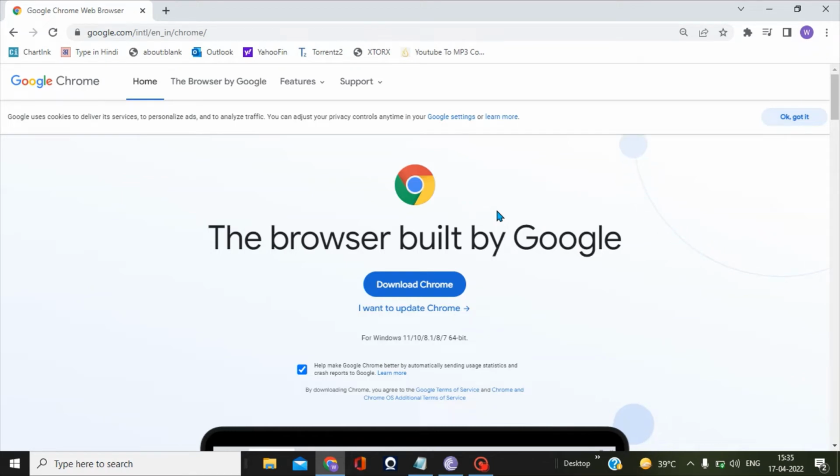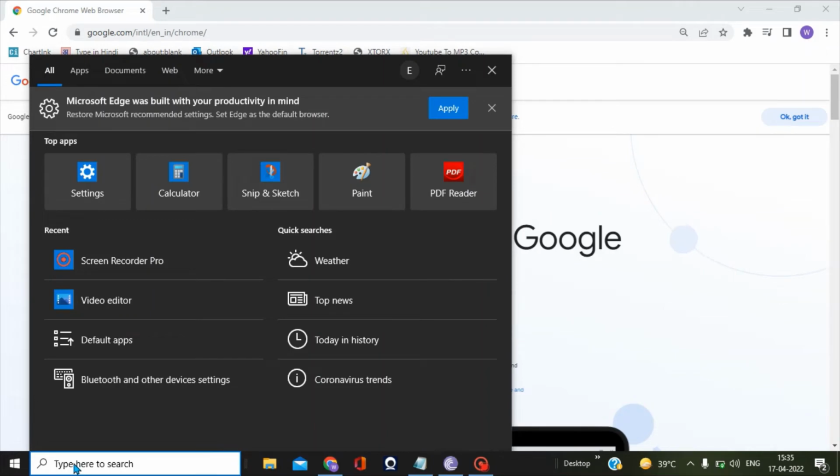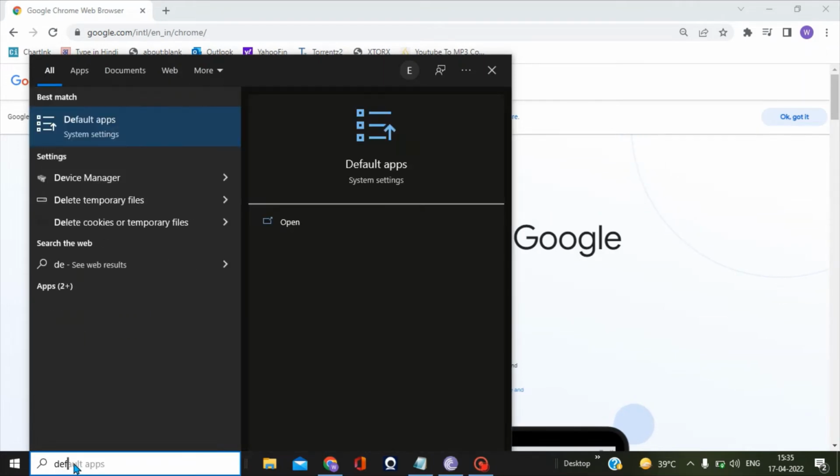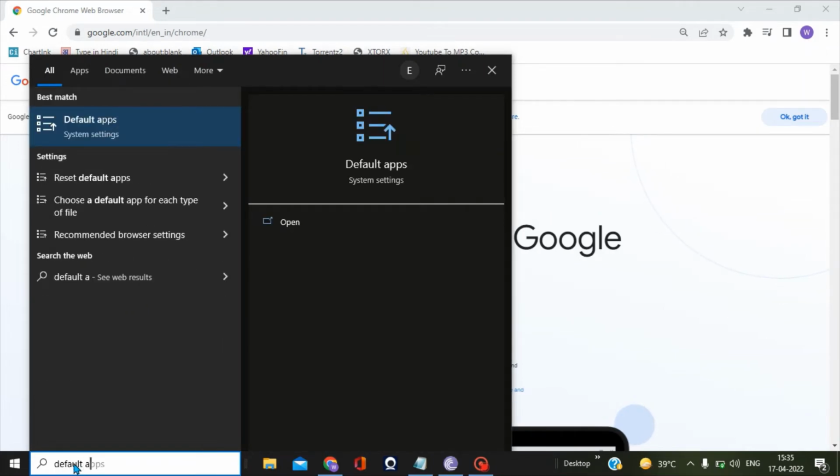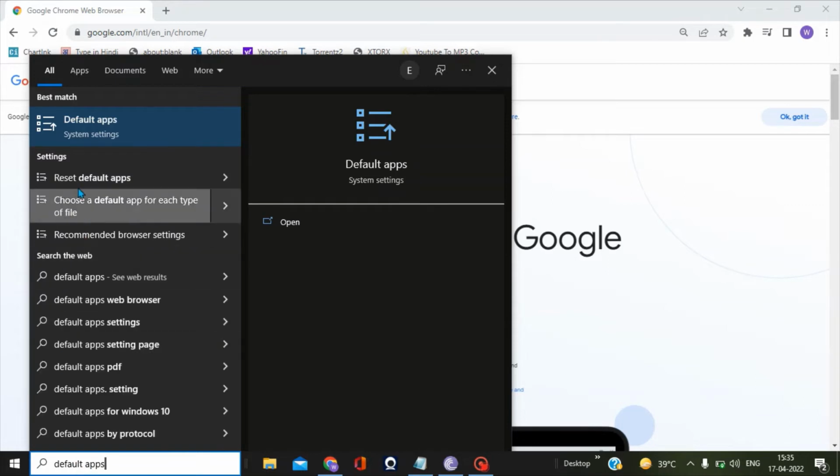Hello friends, in this video we will see how we can make Google Chrome the default web browser in our Windows operating system. What we have to do here is go to the search and type "default apps". You can see the very first one, the Default apps system setting, appears. You have to click on this,